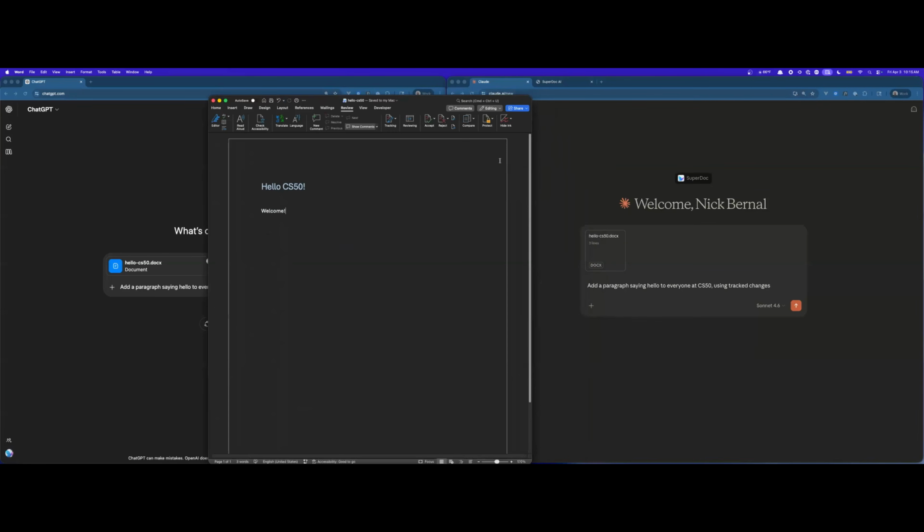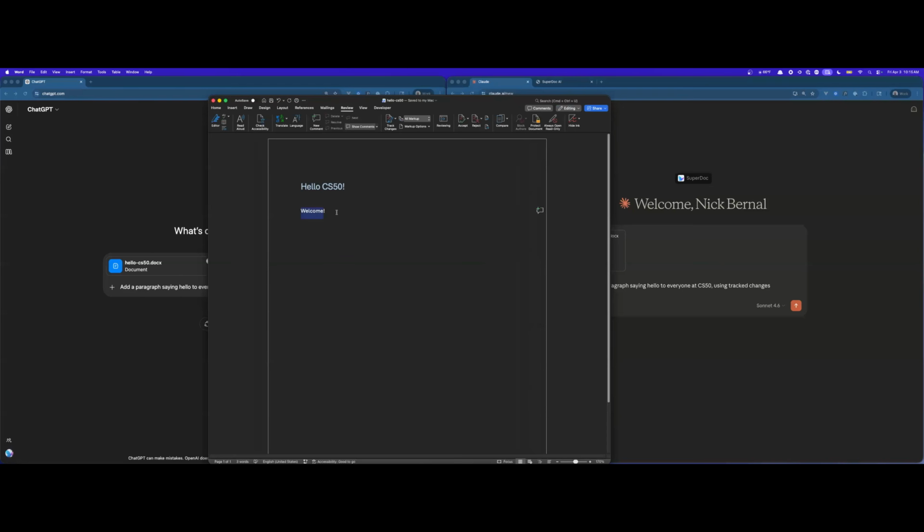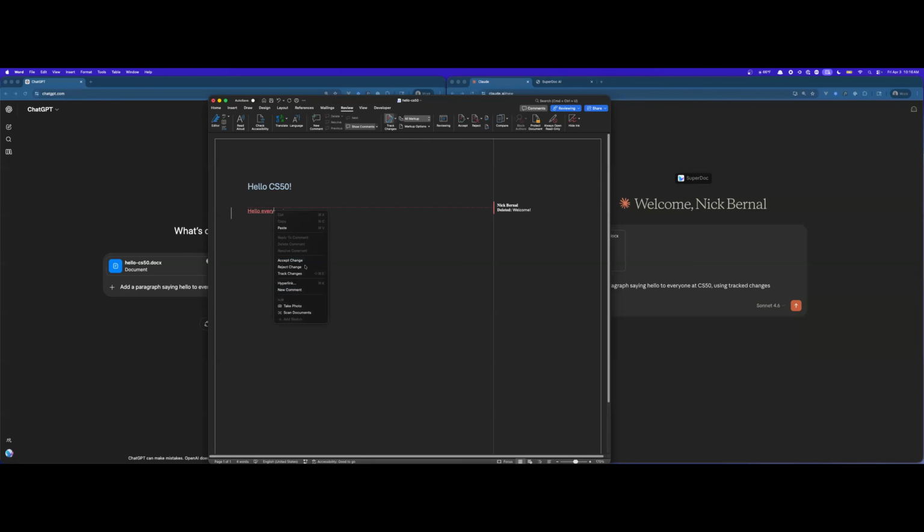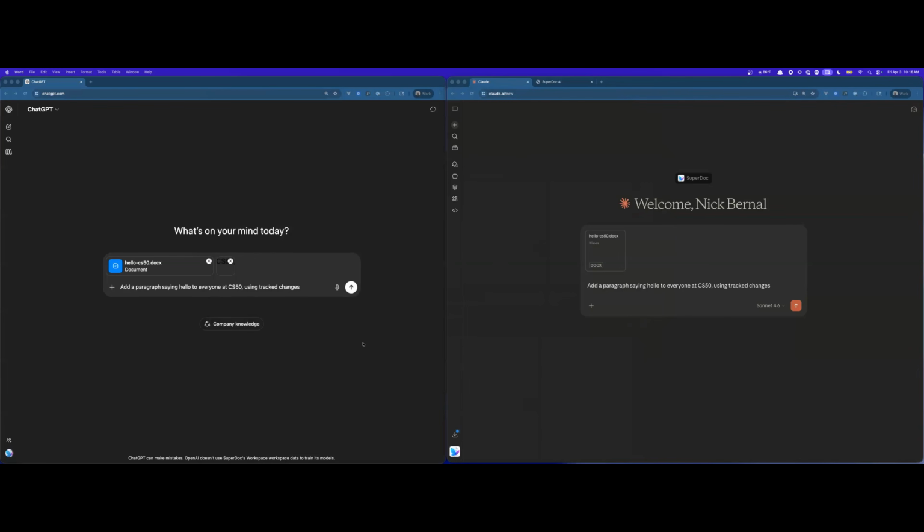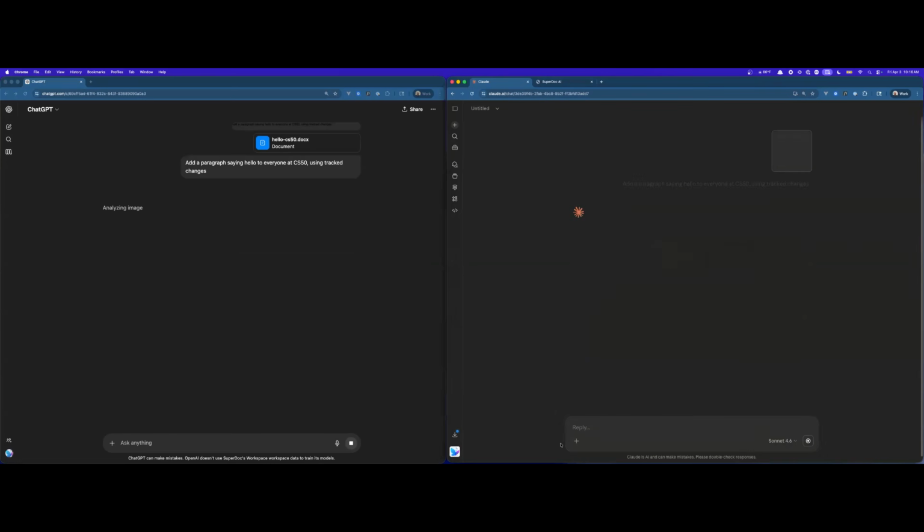Now, if you're not familiar with what track changes are, Microsoft Word and Google Docs have this feature, sometimes it's called suggesting, where if you make a change, hello everyone, it tracks the change. So here you can see it's told you that I deleted the word welcome and I made a change here, right? And you can accept or reject that change. It's actually very powerful standard procedure for somebody like a lawyer, for example. You can accept that change or not. So pretty normal, simple operation. So let's ask both. Let's see if they can help us here.